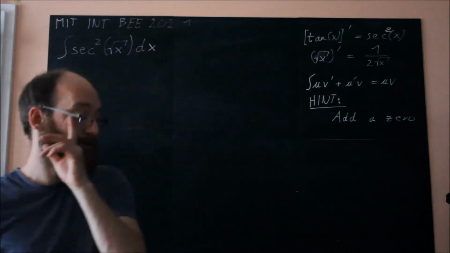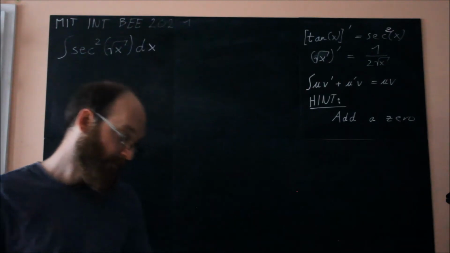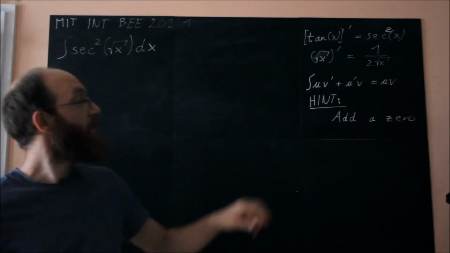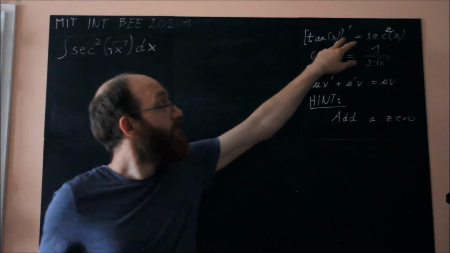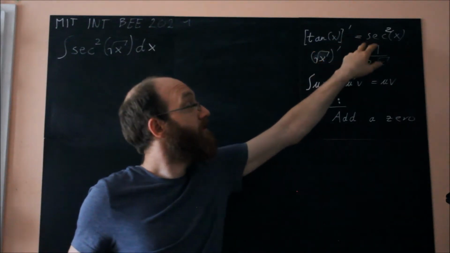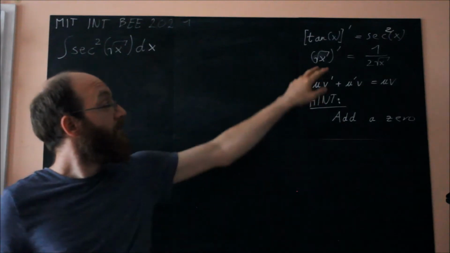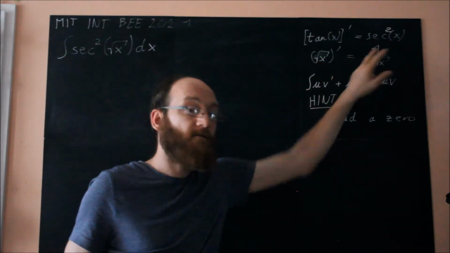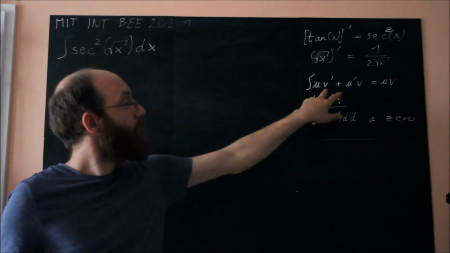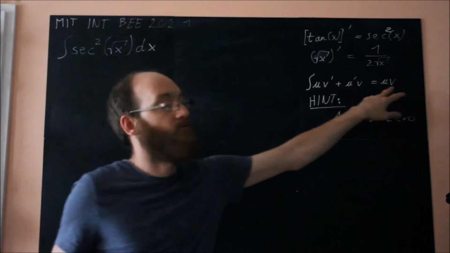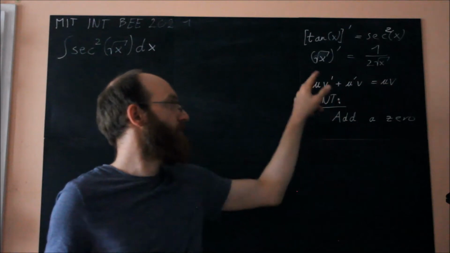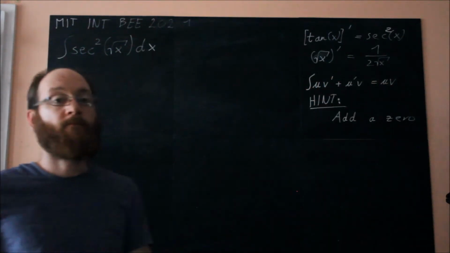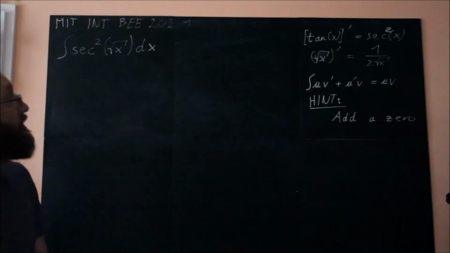I want to recall some statements we will not prove. The derivative of the tangent can be written as secant squared of x. Then the derivative of the square root is 1 over 2 times the square root, and the product rule, okay, in integrative form. And if you want to try this integral by yourself,